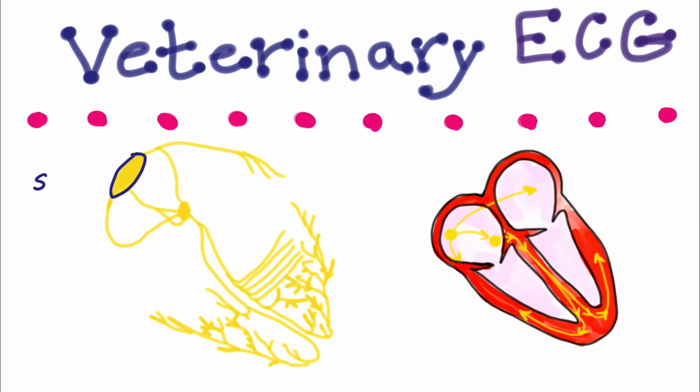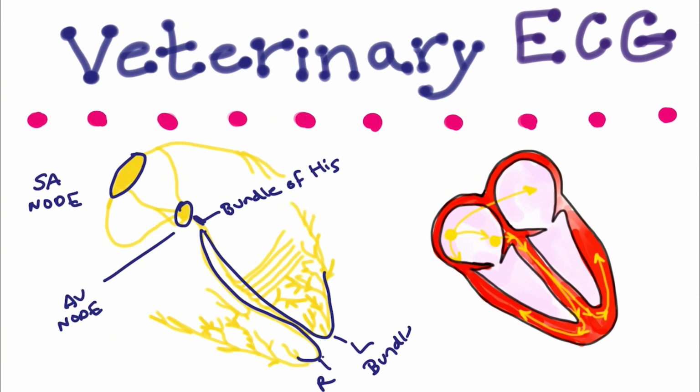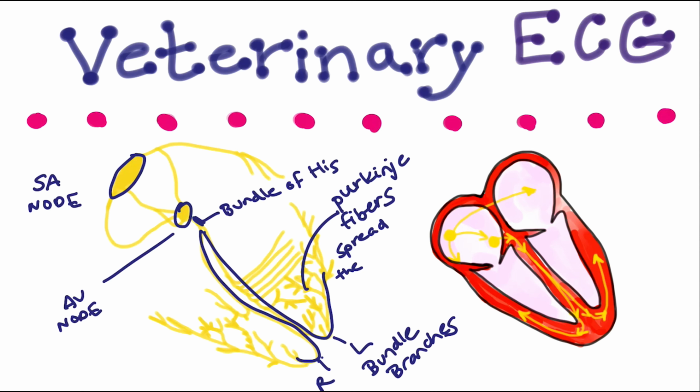Conduction of the ECG waveform starts at the SA node and then moves to the next node just above the ventricles. This is the AV node. From the AV node, the impulses reach the bundle of His. The bundle of His acts as a pathway to carry the electrical signal to each ventricle via the right and left bundle branches. The impulses are then sent to the Purkinje fibers, which spread out the electrical activity through the